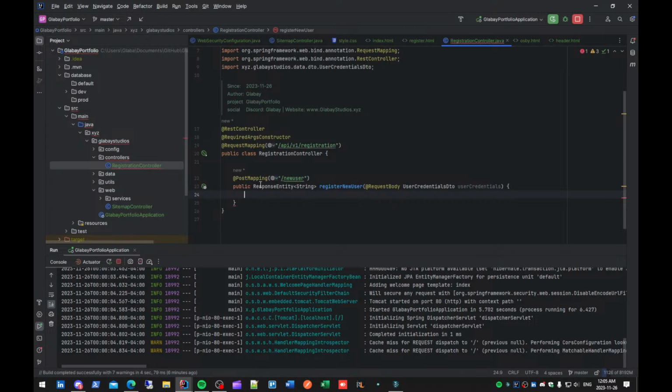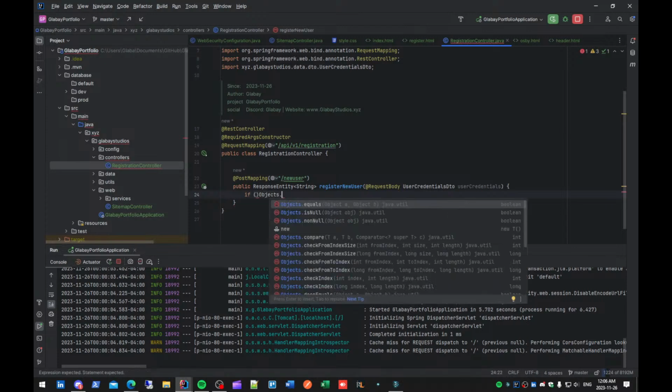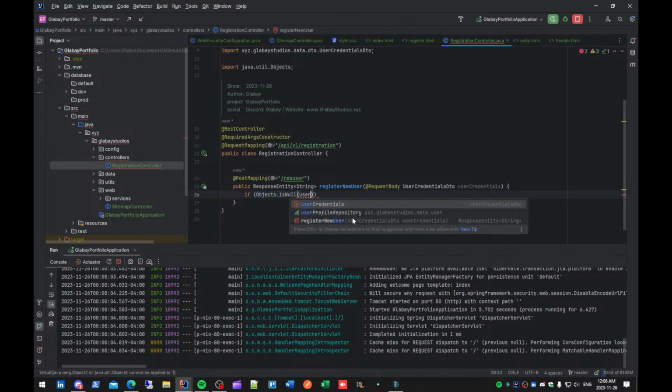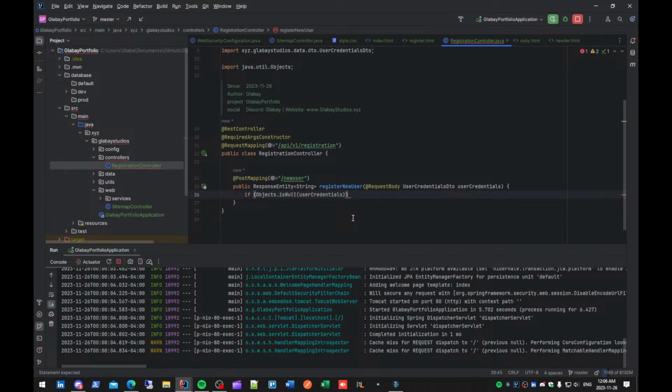Otherwise, if it's a post mapping, we're going to do a quick check to make sure that this is not null, because if it is null, we're going to want to return to the user that the request is bad, or bad request. So, if Objects.isNull, and of course if you don't do that inside the brackets, it's not going to be right. So if the user credentials is null,